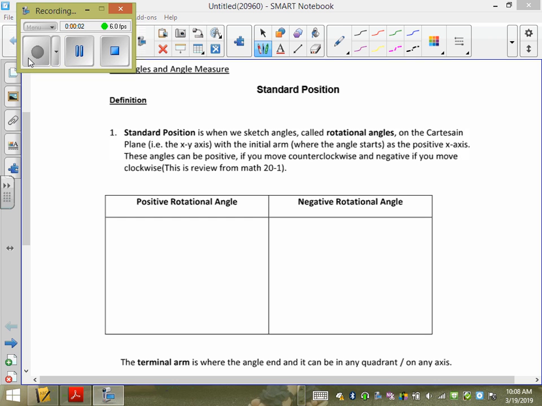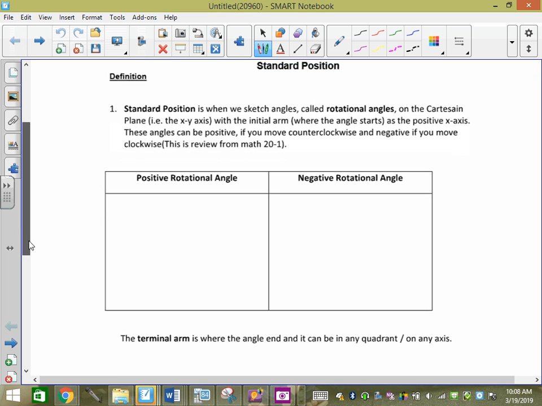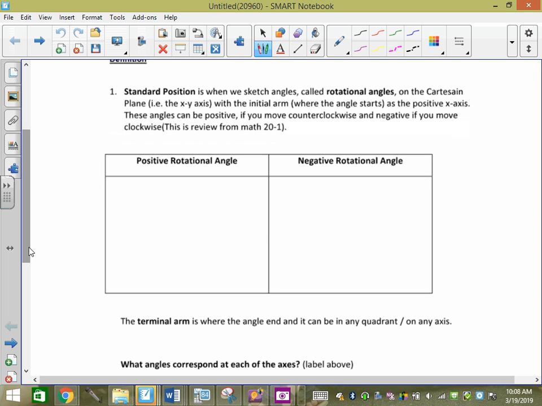So we started off doing a lot of this last year at the very beginning. The very beginning stuff, sorry, is from last year, but we also add Radian Measure in right away. So instead of doing everything in degrees like we did last year, we're adding radians, which is another form of measurement. So standard position is when we sketch angles called rotation angles on the Cartesian plane, the XY axis, with